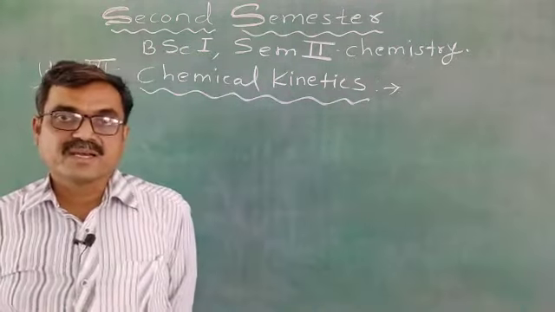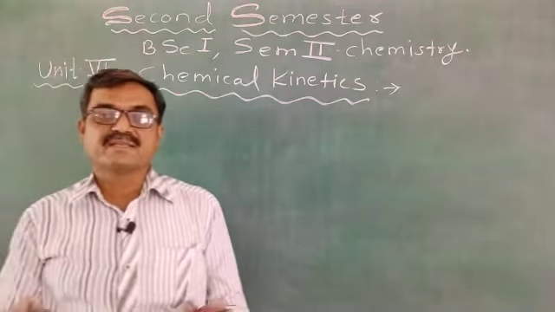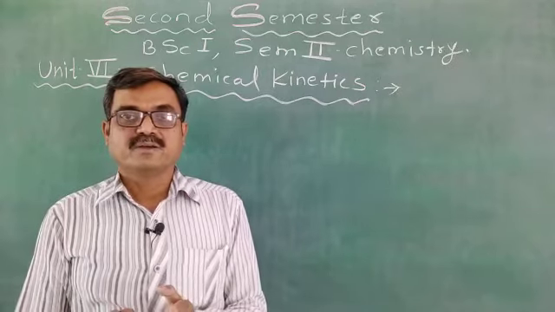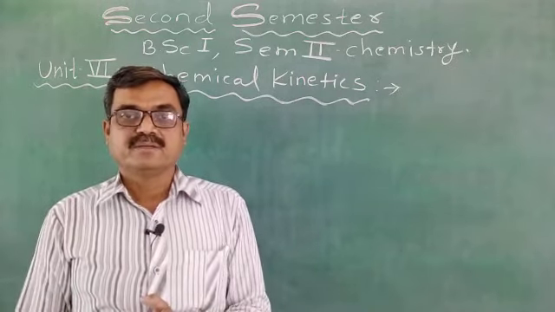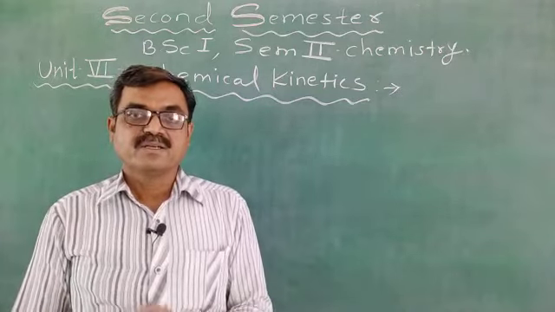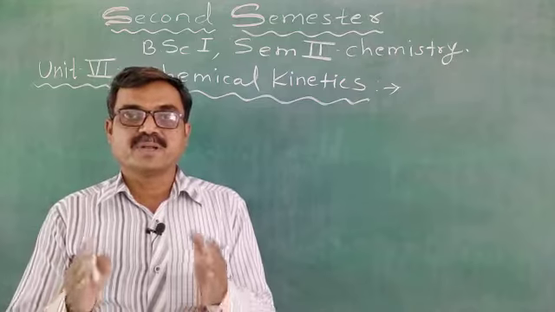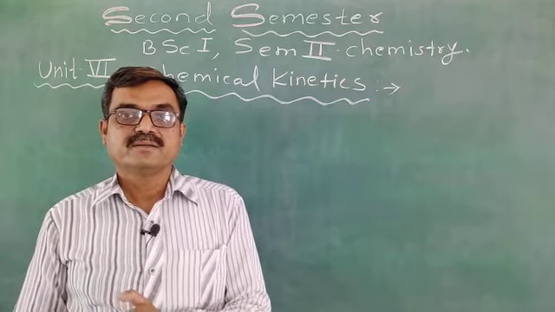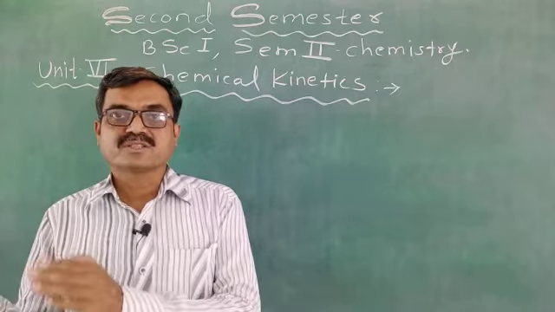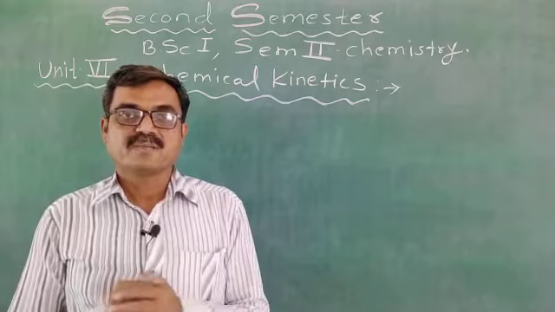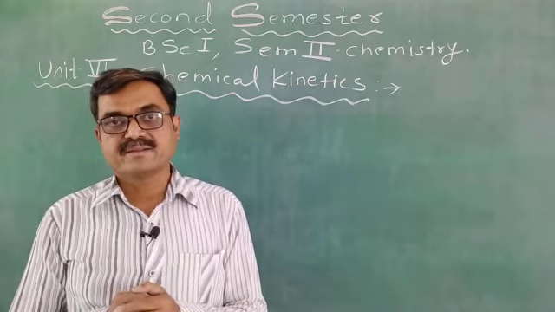Actually, what is meant by chemical kinetics? Chemical kinetics is a branch of chemistry which deals with the study of rate of reaction. Rate को ही बोला जाता है velocity. Okay, that is the speed. Velocity, speed or rate of chemical reaction is studied under a given condition of temperature, pressure and concentration, and elucidation or study of the mechanism of that reaction. Such a branch is called as chemical kinetics.